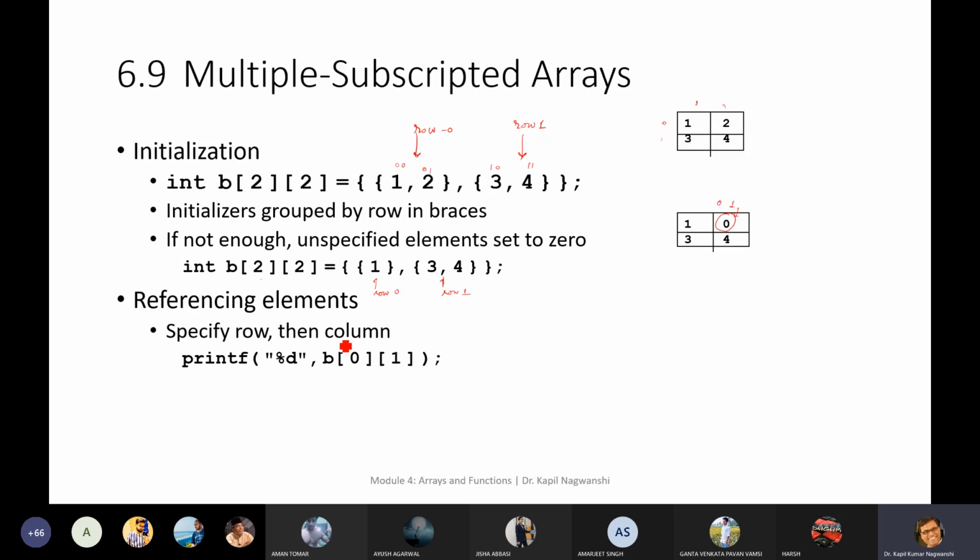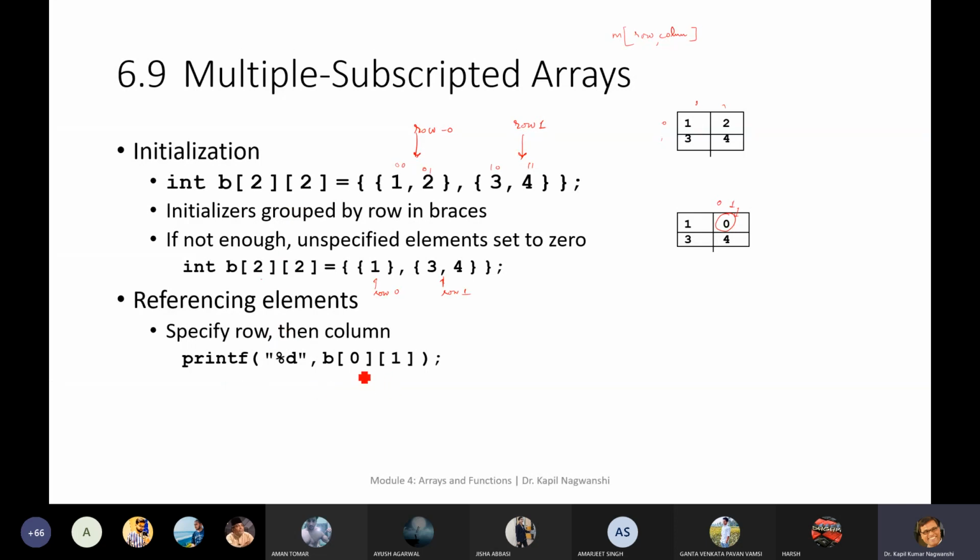Now specify row, then column. Specify first row, then column. This is a very important thing. It is not column, row; it is row, column in a matrix. You must remember this thing. Okay. Then only you will be able to initialize and access the element.